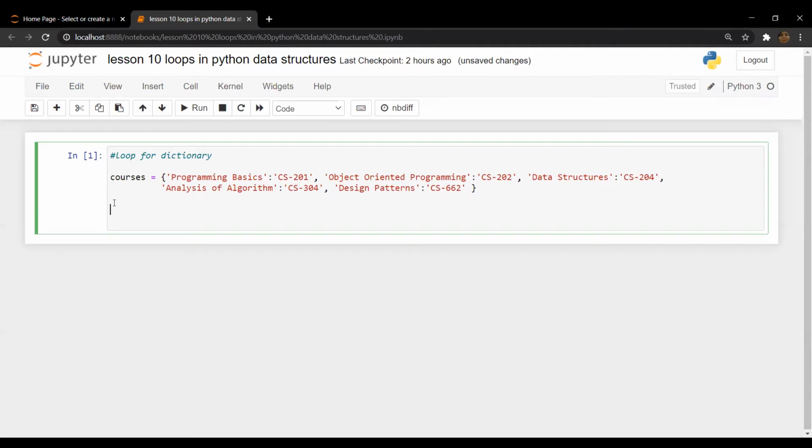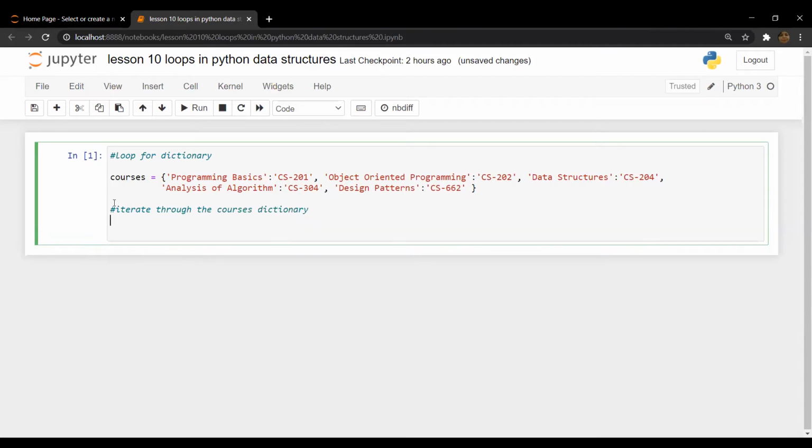So for the loop, the courses dictionary. For this iteration, there are certain keywords: key, comma, value, because we know that a dictionary has a key and a value. Programming basics is the key and CS-201 is the value. So key, comma, value, in,